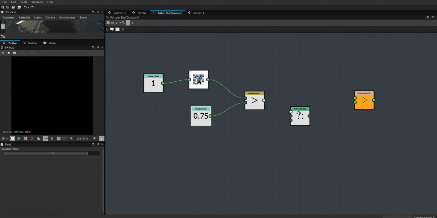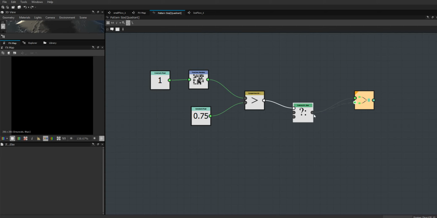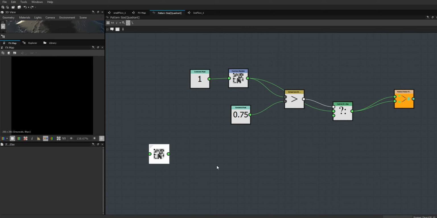If this random number is greater than 0.75, this is true. I know this is going to generate a random number between 0 and 1, and if that random number is greater than 0.75, this is true. And if that is indeed the case, we might as well set this up now because that's where it's going. If this is indeed the case, then I want that number out there. If it's not the case, in other words, if it's smaller than 0.75,